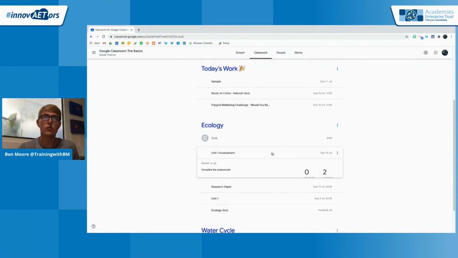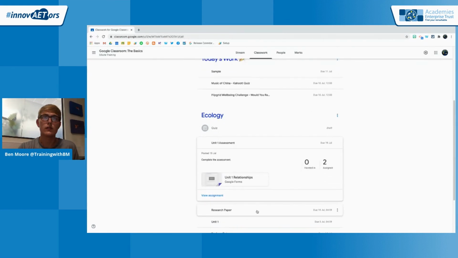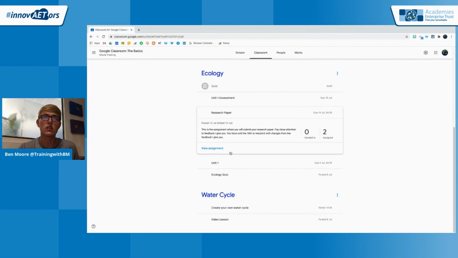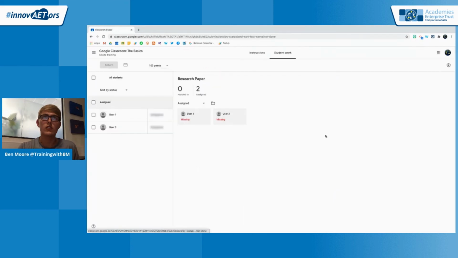Let's just find one on here that's a form. Right, let's just go on this here. Right, so you'll see once you have students in there, this will pre-fill a little bit better. It's probably a mistake on my part for not doing it in advance, but you can see here the students